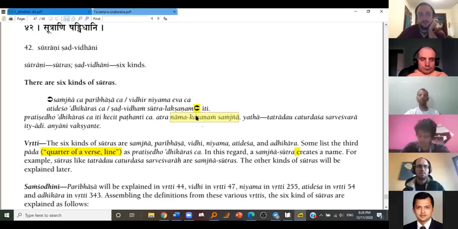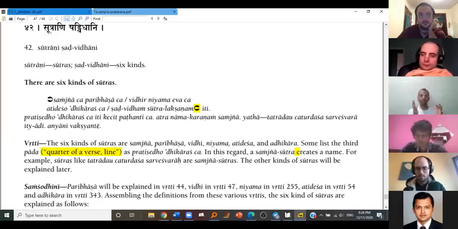You remember this. Namkaranam Saṁjñā. Yatha tatra ādeśo chaturdaśa sarveshvara ityādi. For example, we did namkarana of the first 14 letters, and the name was Sarveshvara, and so on. Anyani vakshante. It means that just because we have read the Saṁjñā chapter, it's not that there won't be any Saṁjñās in the future. The Saṁjñā definitions are not yet over.